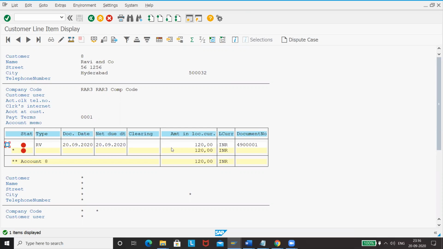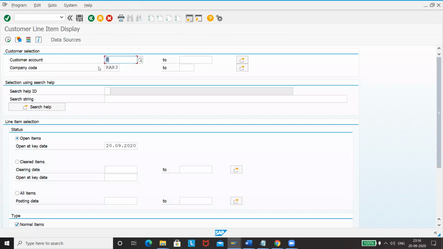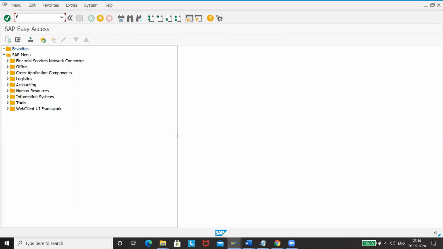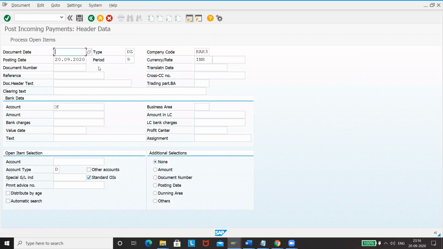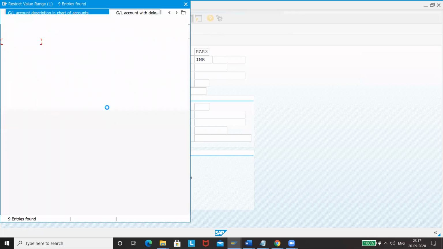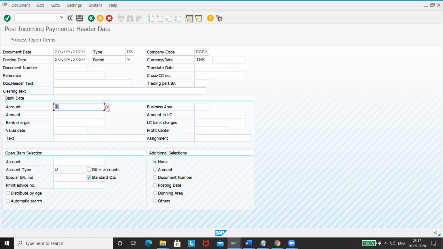because we sold him one Ganesh item. So now what we had to do, we had to take cash from him, and in order to collect cash, we use transaction code F-28. We'll just go there, F-28. Document number, date, you can give any document here. Just take this document here itself. You have to give cash account, bank data. Since we don't have bank information, you can give cash account here, and then open items.